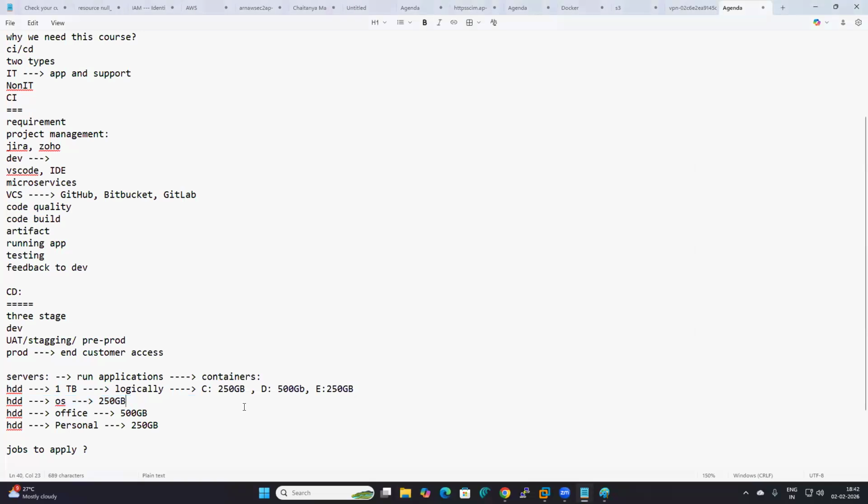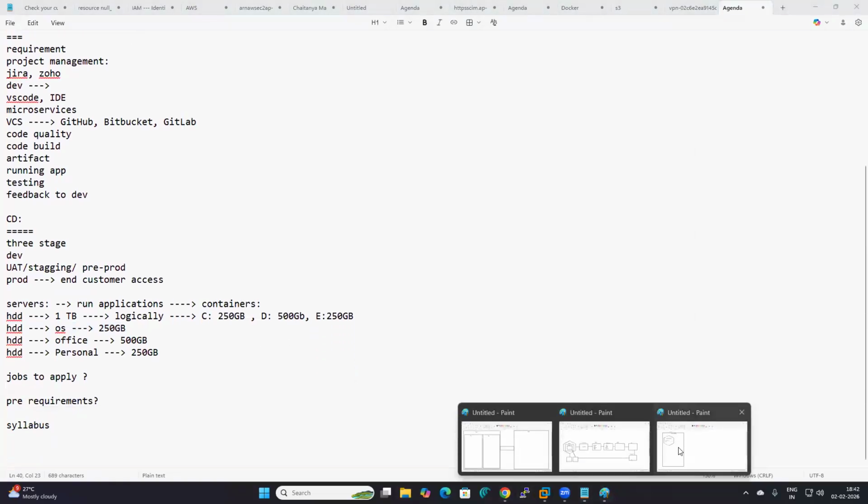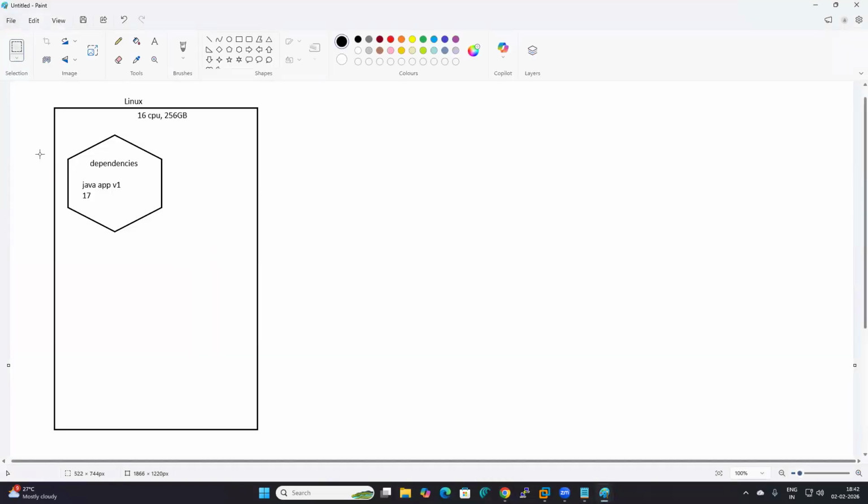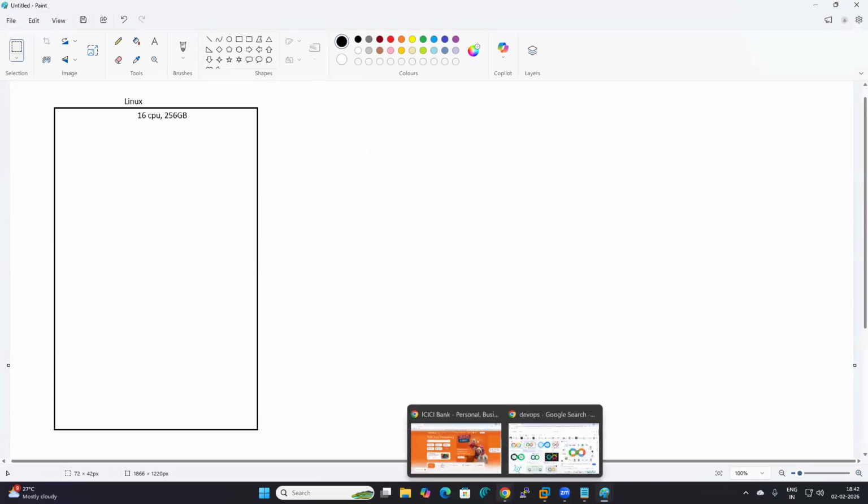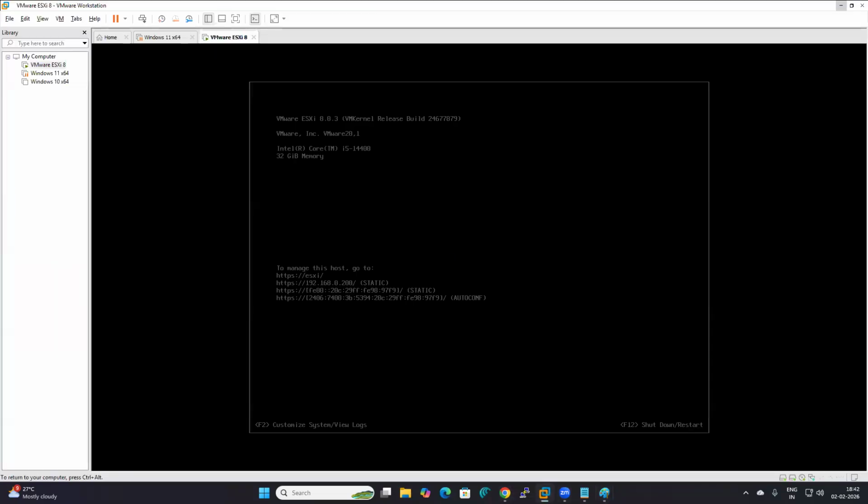In the same manner, here also, when we purchase a huge server, a very big server, this server can be divided into small logical servers. So if you can see here, whatever the server is there right now, we are dividing that with the help of the virtualization software. On the physical server, we are going to install the virtualization software. So what is this virtualization software? That is VMware ESXi,